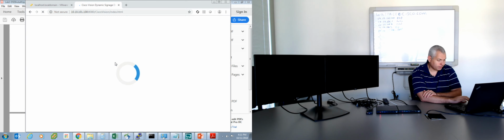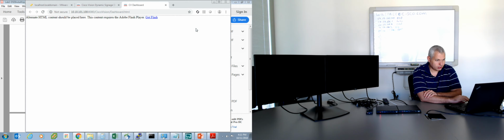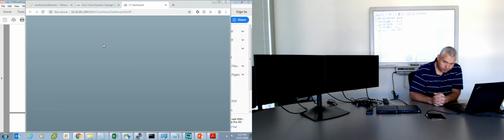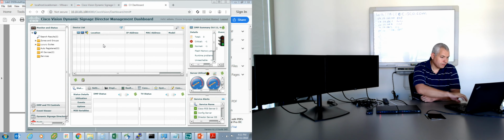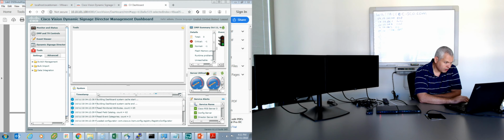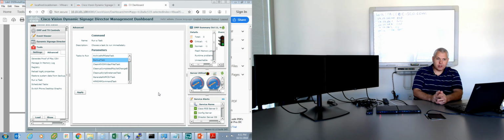Admin. Management dashboard's under this cog over here. Management dashboard. So here we go. Tools, Advanced, Run a Task, and there's Backup Task. Hit Apply. Now the server is creating a backup. It's going to be stored locally,